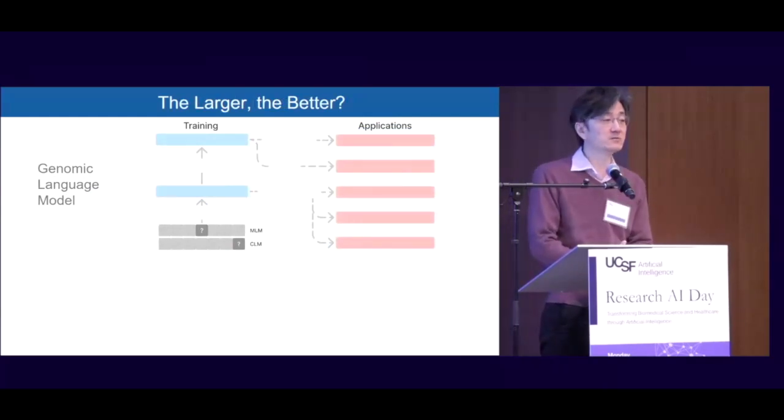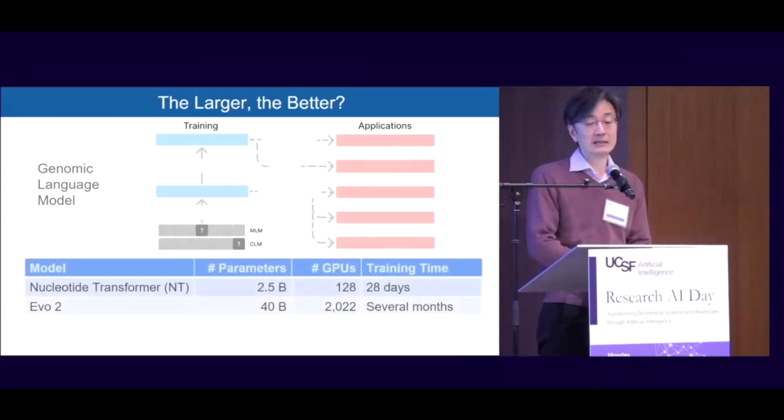So, is the scale the solution to this problem? The larger, the better? I don't know. Some people believe that that's the answer. And indeed, companies like NVIDIA have trained a model called the Nucleotide Transformer model, which has 2.5 billion parameters. It took them 1 month and 128 GPUs. And recently, the Arc Institute published this preprint, EVO2, which has 40 billion parameters, and they used 2,000 GPUs and